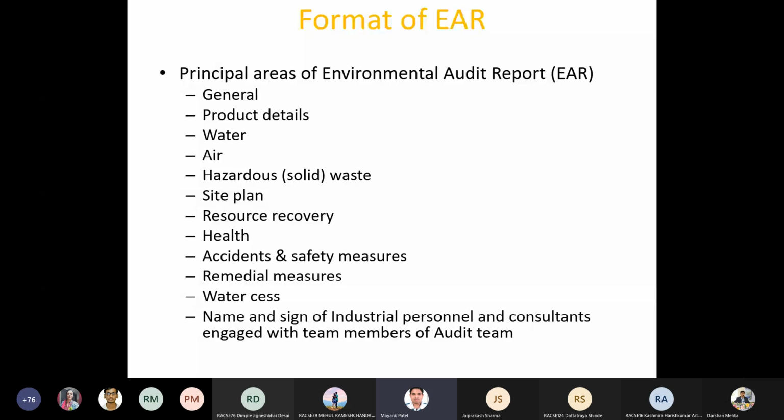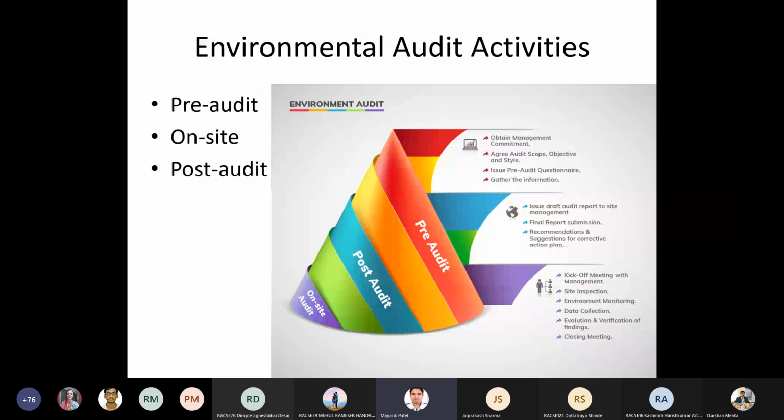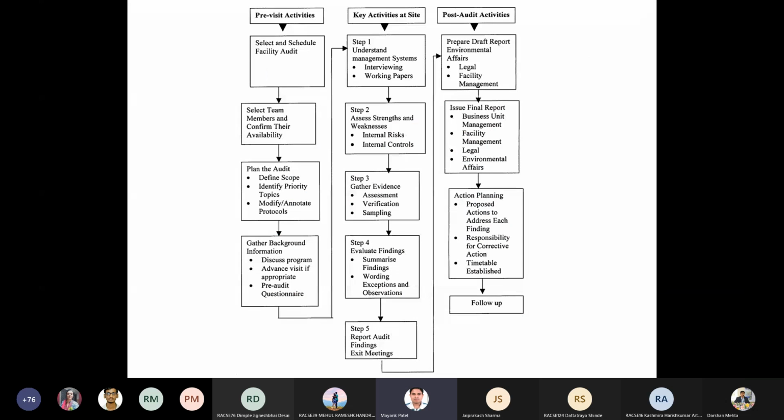So before we start with this environmental audit report, there are three kinds of things that you need to do when you go for an environmental audit: pre-audit activity, on-site activity, and post-audit activity. In this pre-audit or pre-visit activity, what you are going to do is shown in this flow diagram. You select and schedule the facility audit, you select team members, you confirm their availability, you plan the audit, you define the scope,